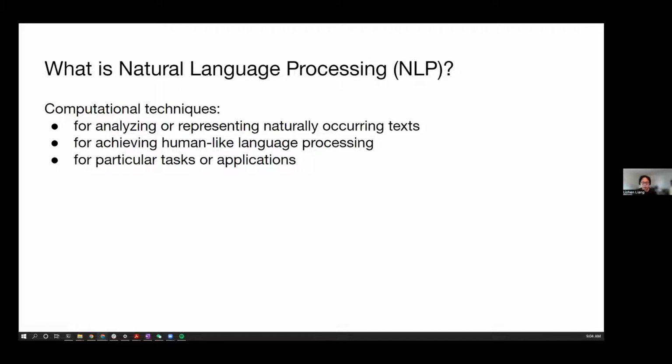And researchers also strive to develop methods so that computers can better understand natural language, which is a very challenging task, and we'll explain why it's so challenging. And also, there are many specific applications of NLP, such as machine translation and speech recognition that we use every day through our mobile phones or computers.